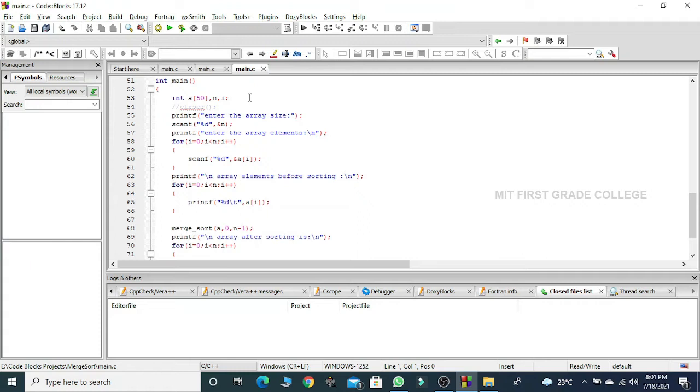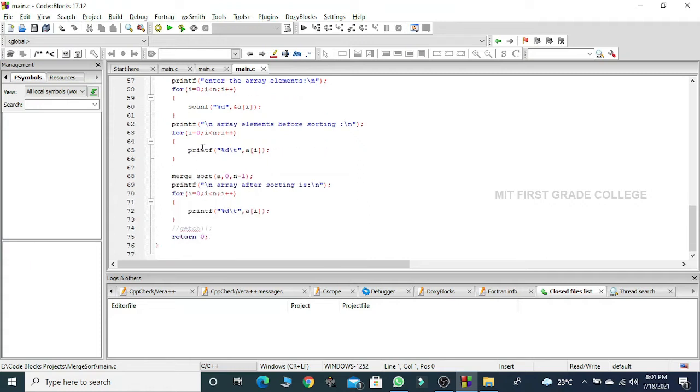Here the for loop is first initialized, I is initialized to 0. Check for the condition: if I is less than n. If the condition is true, I enter the for loop, read the element from the keyboard, increment my I, and again check the condition. If the condition is true, I again enter the for loop, read one more element from the keyboard, and assign it to the array. Again increment my I. This iterates until the number of elements given for my array is reached.